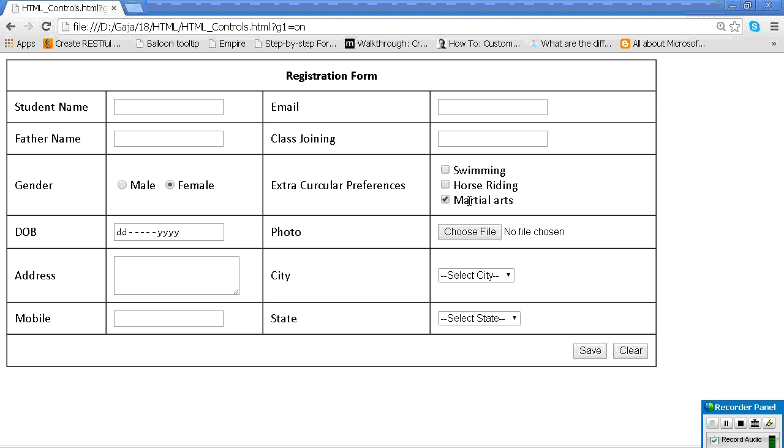Okay, so like that you can apply for other purposes. Generally we see remember me, terms and conditions. If you click on terms and conditions, the text also will get selected. Remember me, if you click on remember me, the text also will get selected. No need to click on the control only. You can click on the text also. It will get selected. Okay.